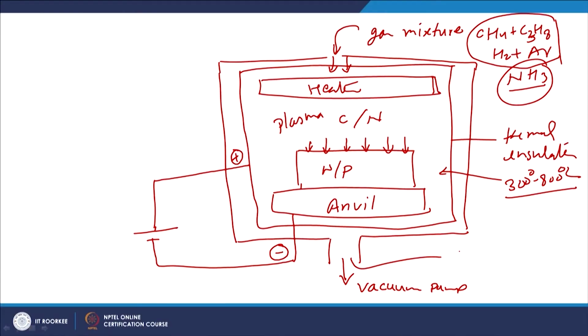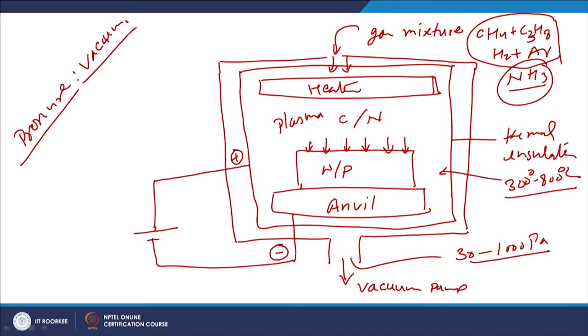values. And then the pressure which is created through the vacuum also varies in the chamber, which can vary from 30 to 1000 pascals. And then these are the gas mixtures which are fed in, under the optimum conditions of pressure, which is maintained through the vacuum pump. So we need to see that the pressure for a given gas mixture which will be used for forming the plasma is optimized properly, because the optimum pressure will be resulting in the plasma with the required